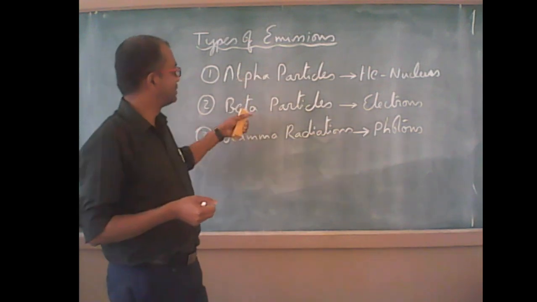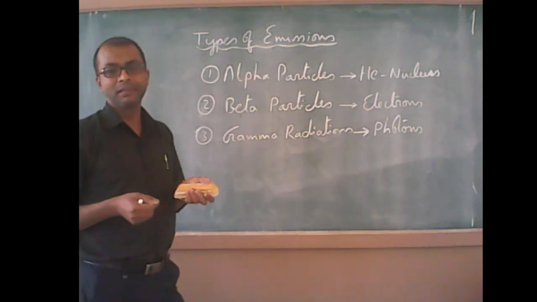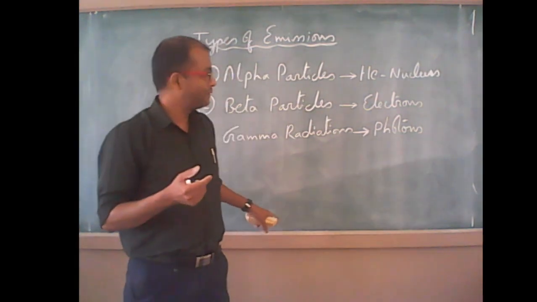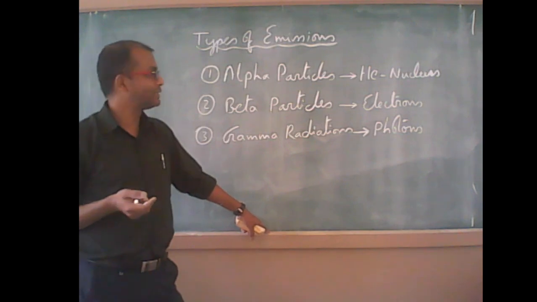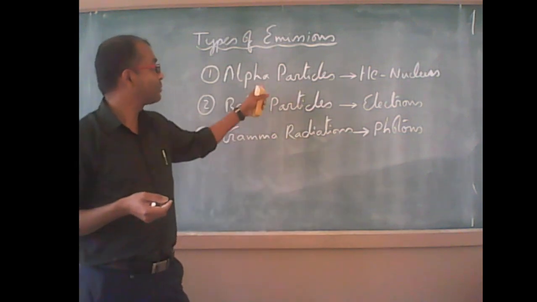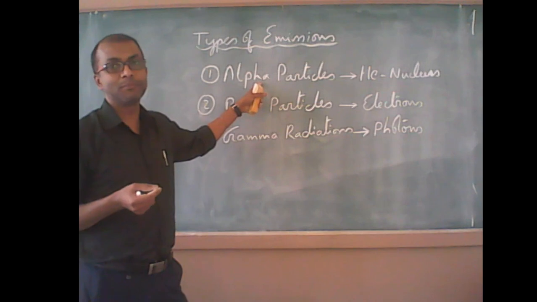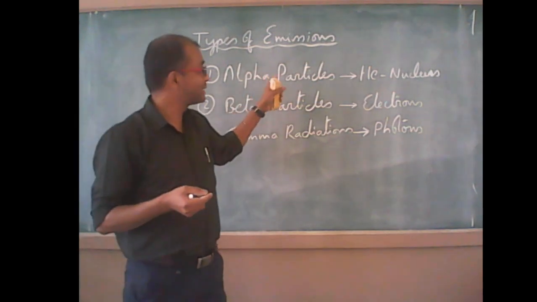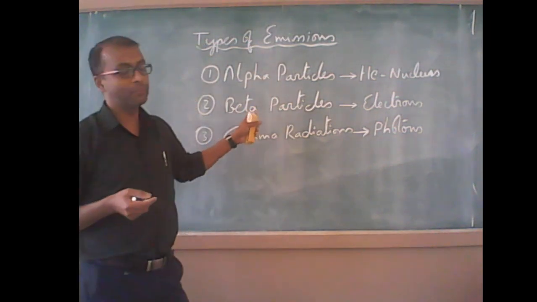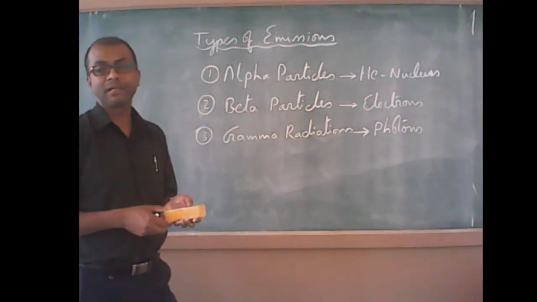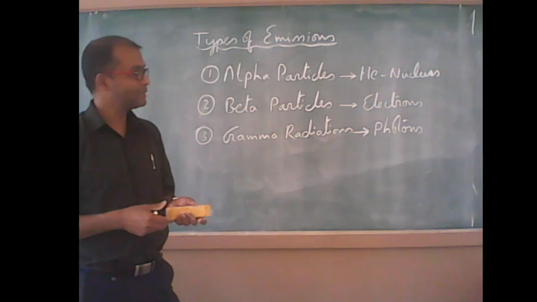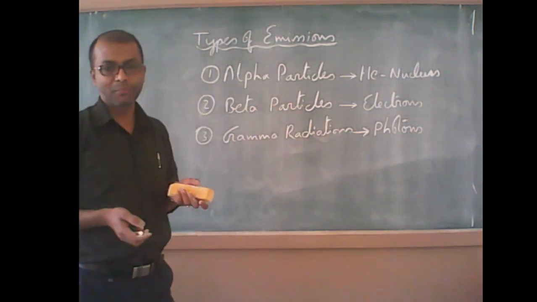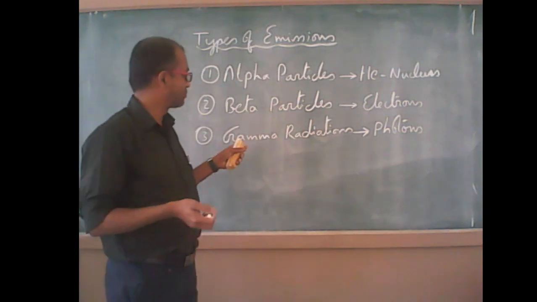So these are the two things that you need to understand. The primary difference between the alpha and the beta is in their charges. One is negative, the other is positive. Alpha particles have higher ionization power, beta particles lesser ionization power. But alpha particles have lesser penetration power compared to the beta particles. Both of them are affected by electric and magnetic fields because they are charged particles, and they can also affect photographic plates. They can leave their impressions on photographic plates.